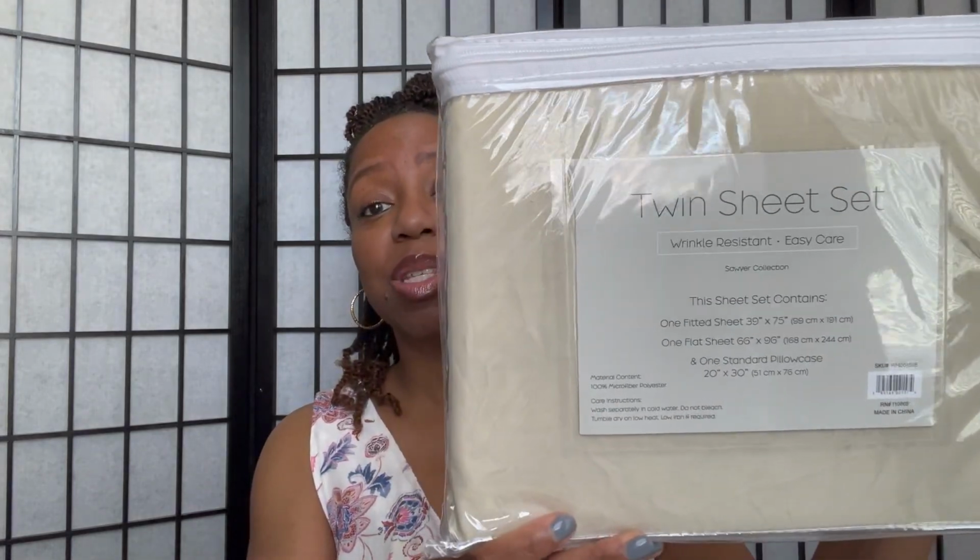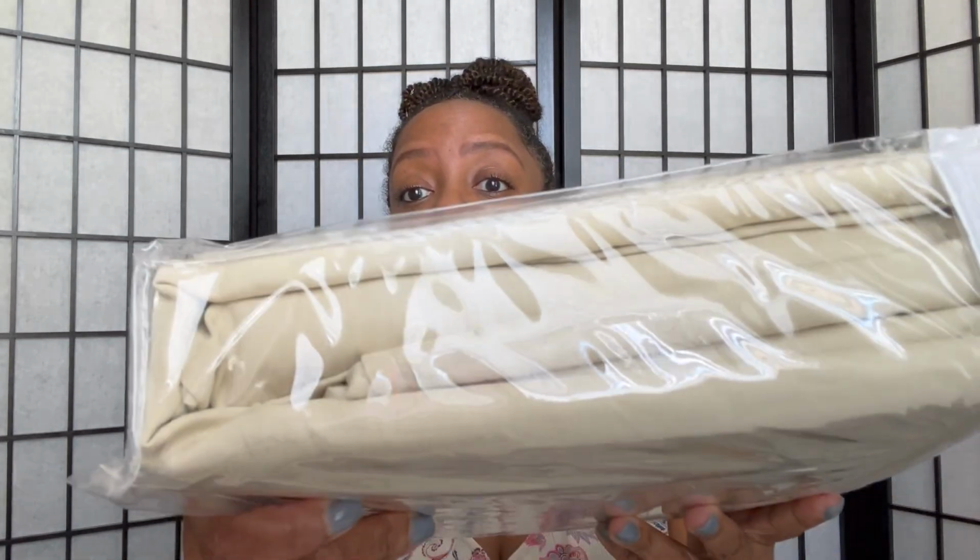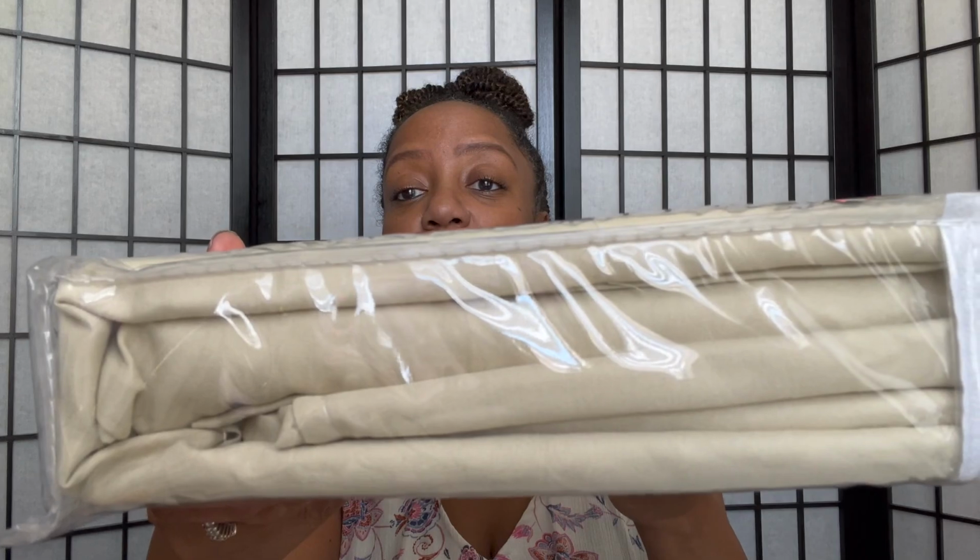It's a twin sheet set for $6.99, you guys. And just on a whim, I found this, picked it up, and it's a nice little sheet set. I'll let you get a little peek at it. It's this khaki colored, really nice and everything. But here's the kicker: I don't have a twin size bed in my house, so this wouldn't work for me